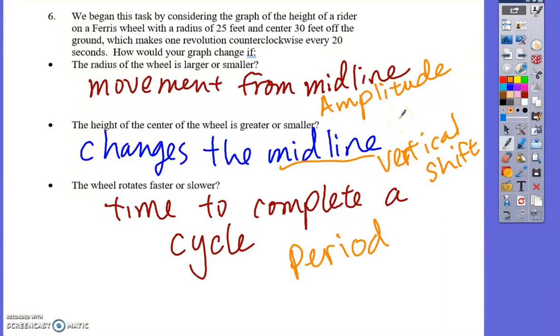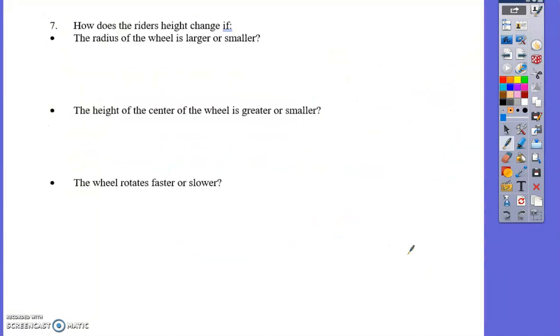Midline, vertical shift, that's the easiest. The amplitude is second, and the period is the hardest of these three that we're kind of studying right now. So moving on. Next it says, how does the rider's